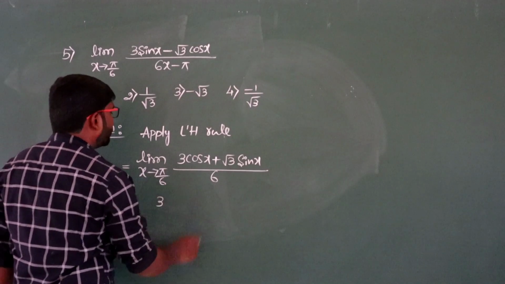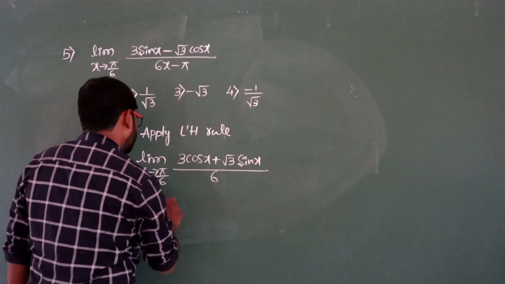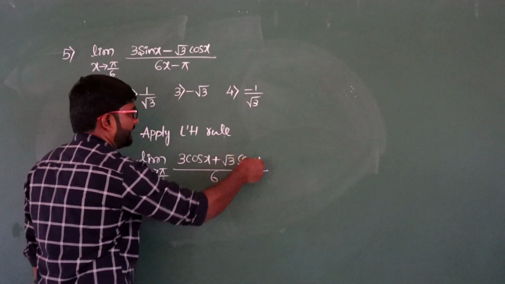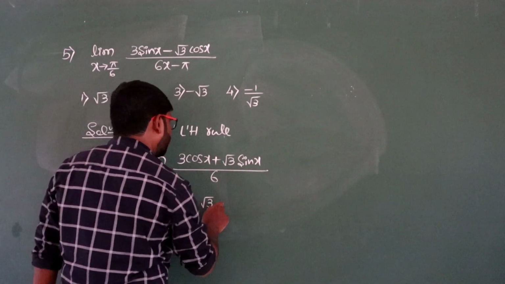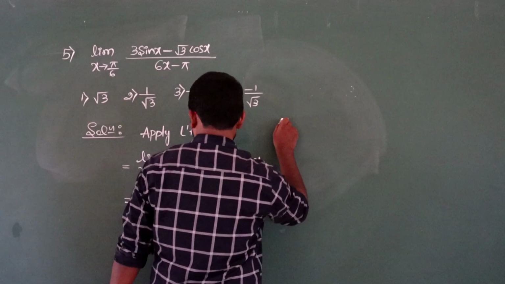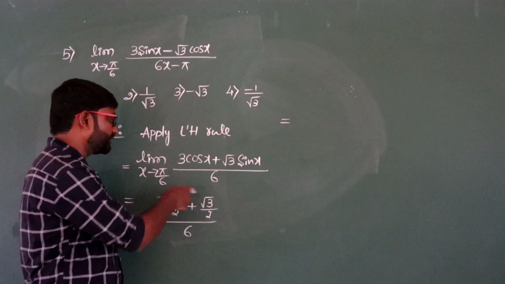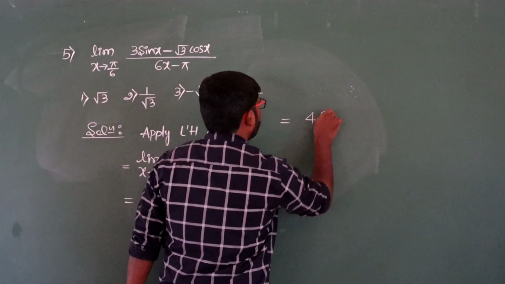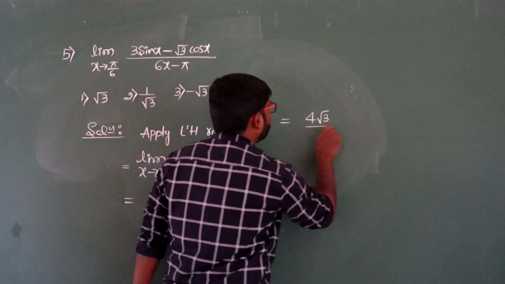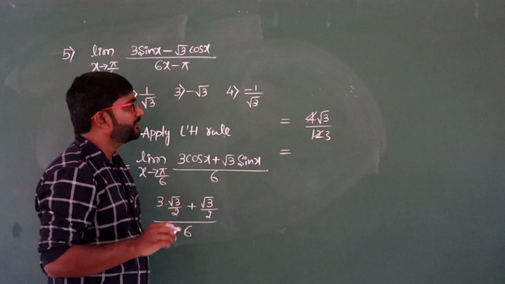So here 3, we get cos pi by 6 here, that means cos 30 degree, it will be root 3 by 2 into root 3 by 2 plus root 3. So here we get sin 30 degree, that means it is 1 by 2, that means root 3 by 2 whole divided by 6. So simplify this now, this is equals to, so you have the same denominator, means numerators will be added up now. 3 root 3 plus root 3 will be 4 root 3 divided by 2 and whole divided by 6. These two will be multiplied now, we get 12. Now 4 ones are 4 threes are. We have 3 in the denominator now.